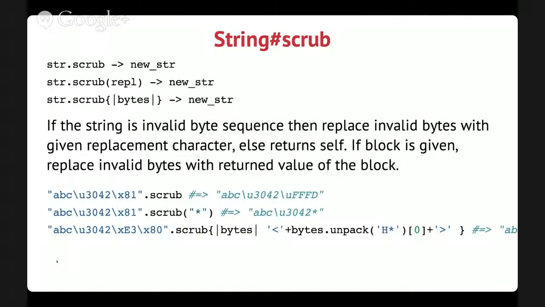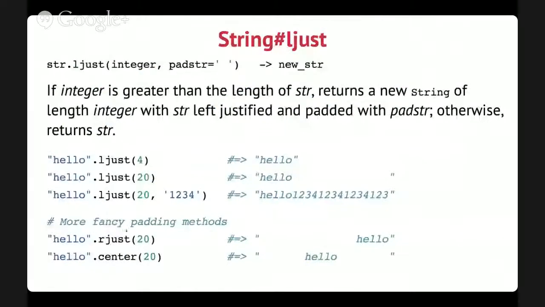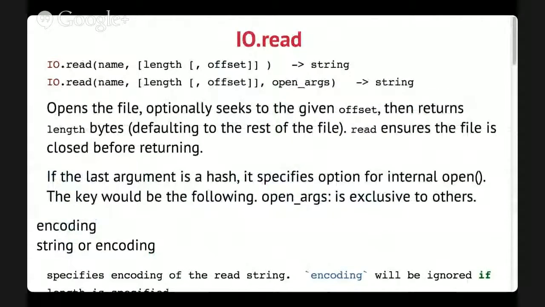Now this method was introduced in Ruby 2.1, I think, and it's a godsend. Basically what it does is it just removes all bad input from the string, so that you can be confident that this is clean. Adding padding to your strings and center them or left or right align them. And sometimes a common use case when you're scripting is